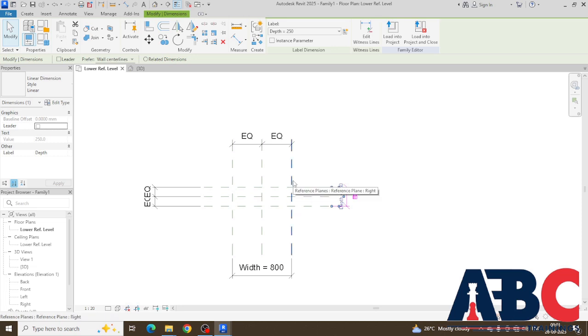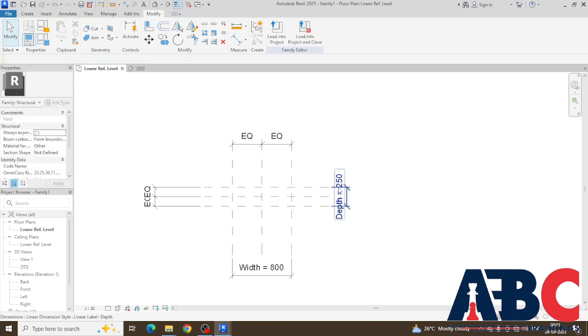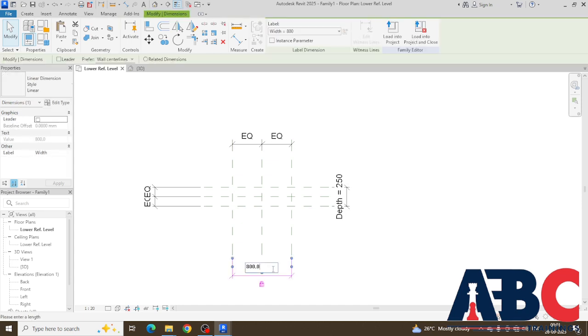Hello friends, in the previous video we have seen how to make a family creation of the column. In that video we have seen how to create a family for the beam. Suppose I want to create a beam of 250 by 800 dimensions, or I want to change this, suppose I want to change this as a 1200,